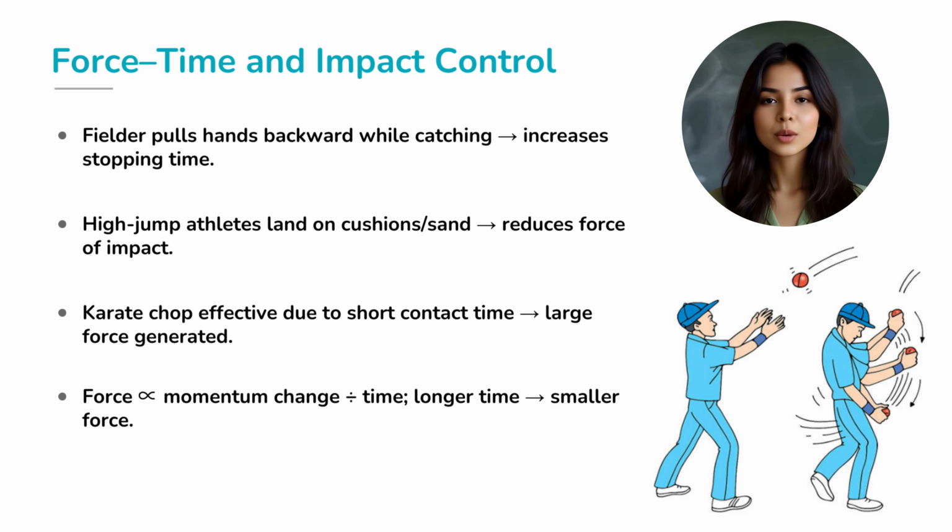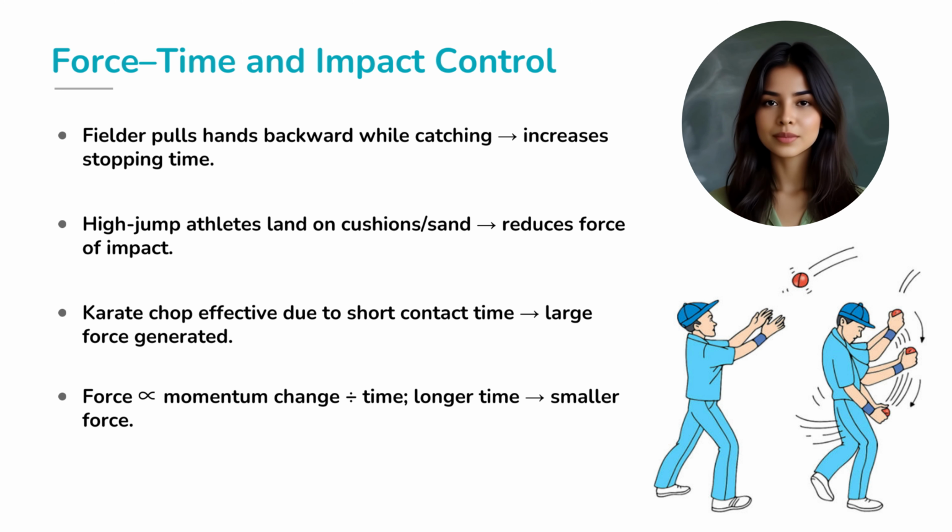Now, let's see how this law works in real life. When a fielder catches a cricket ball, he moves his hands backward. Why? Because increasing the time of contact reduces the force on his hands. When a high jumper lands on sand or a cushioned mat, the stopping time is increased and the impact force